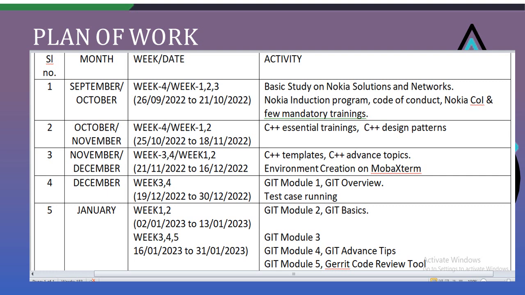So this is the plan of work that has been noted down here for the past 6 months. In the first month, September and October, that is the last week of September and the first 3 weeks of October, the basic study on the company's code of conduct, the induction program and a few mandatory trainings were done. And in the month of October and November,